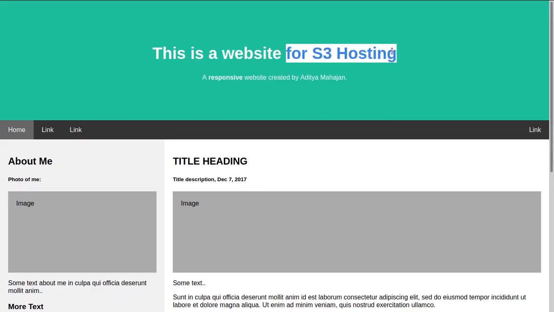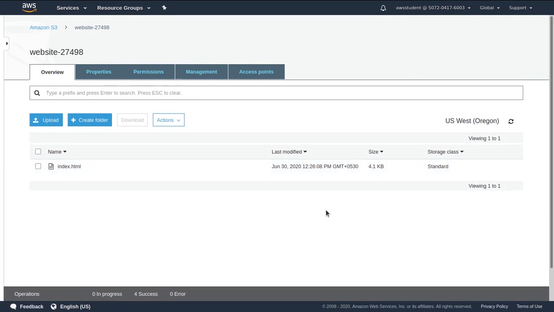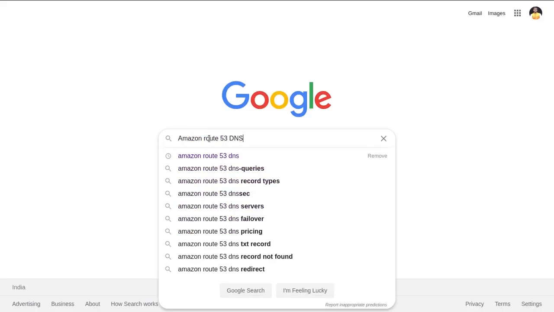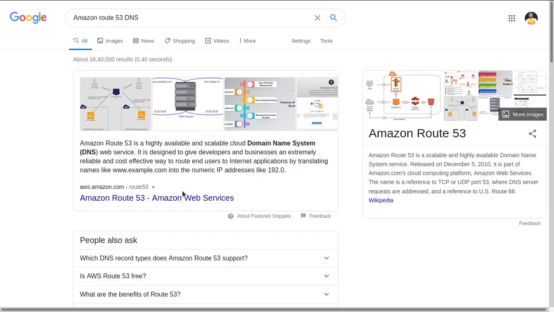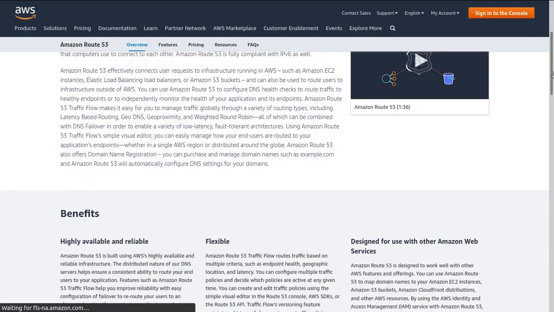Your static website is now accessible on the internet. Because it is hosted on Amazon S3, it has extremely high availability and can serve high volumes of traffic without requiring any servers. You can also use your own domain name to direct users to a static website. This involves the use of the Amazon Route 53 DNS service, which will be covered in a later part of the tutorial.